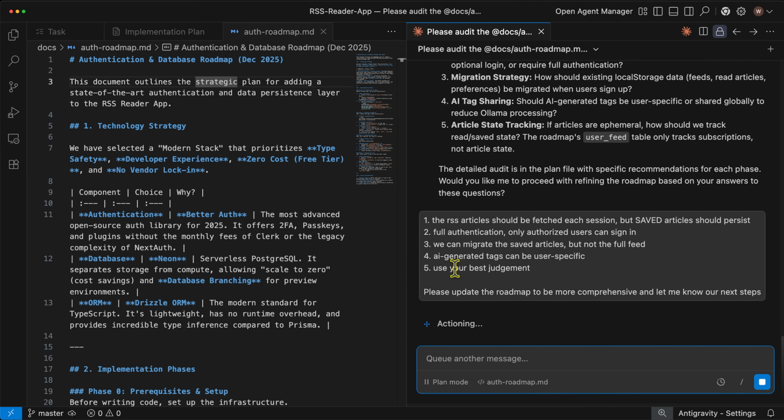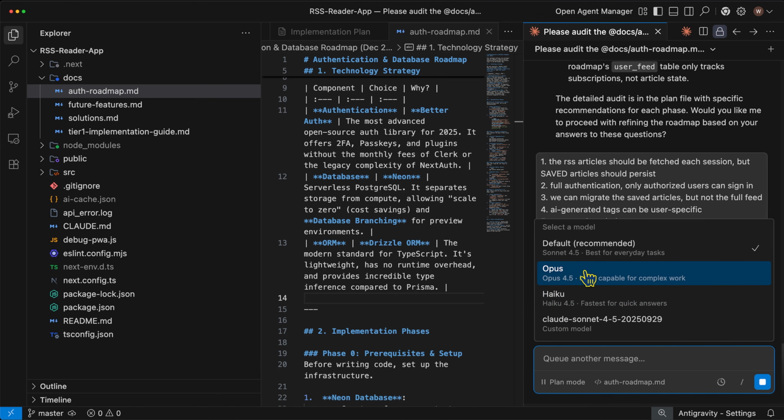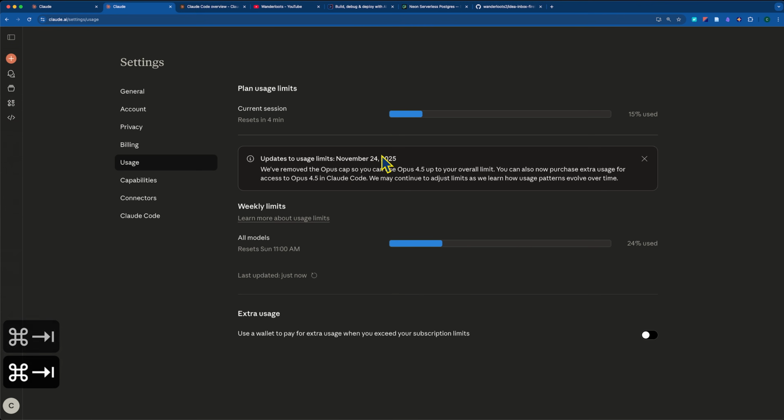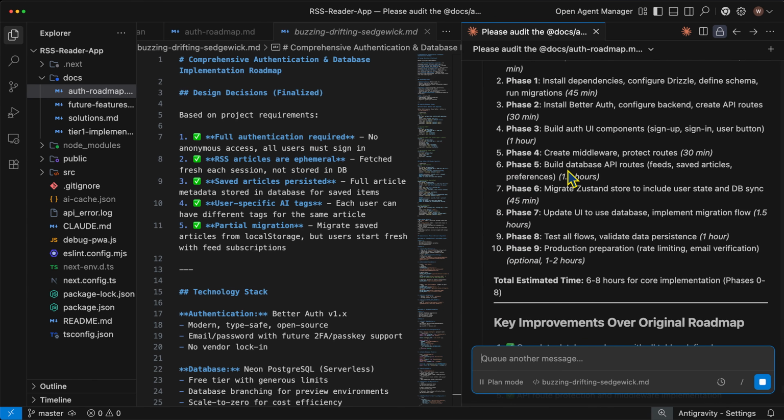So I just went through and answered the questions, basically telling the AI to use its best judgment. Also, I just want to quickly note that if we click on the slash button here and take a look at the model, I now have the option to select Opus 4.5. So my guess is that it will potentially appear and disappear depending on the usage, depending on how many other people are using it, or perhaps how much usage I have left in this session here, which will reset in a few minutes. Okay, so it went through and it created this huge, massive plan, which is great,